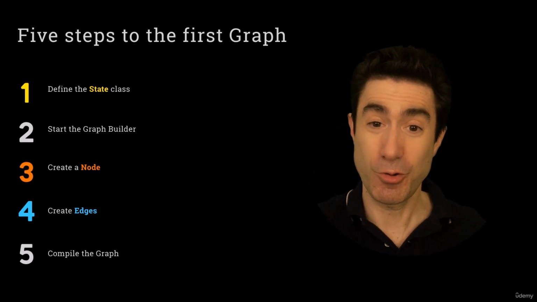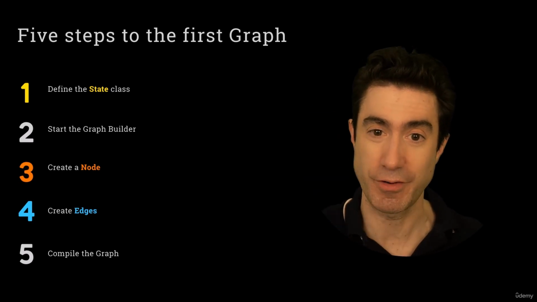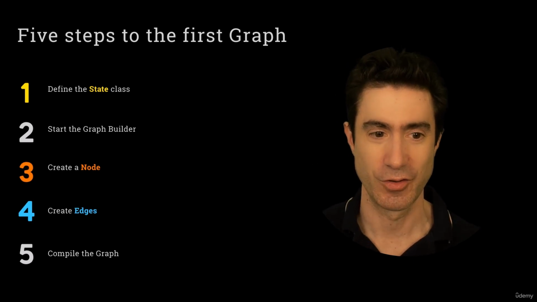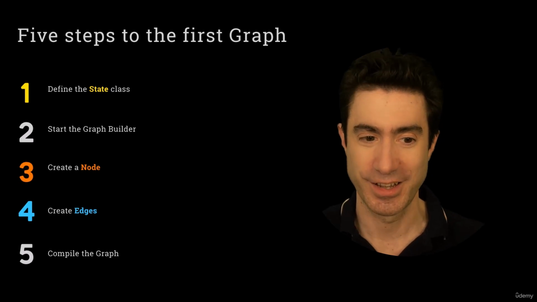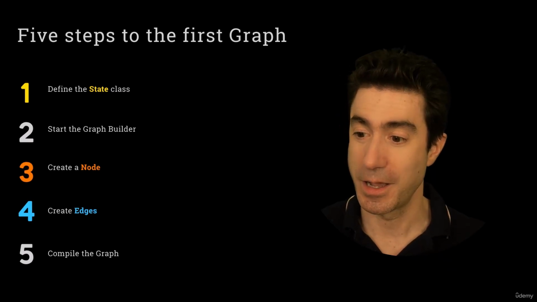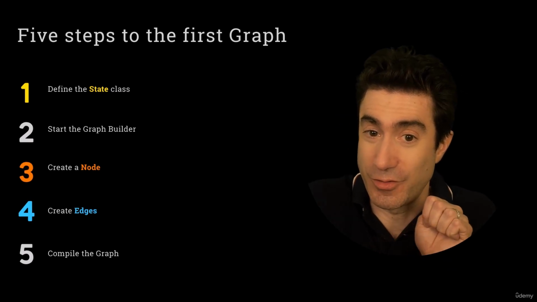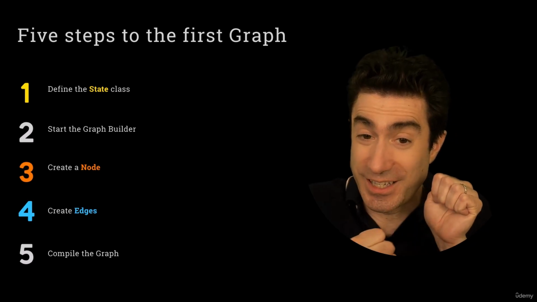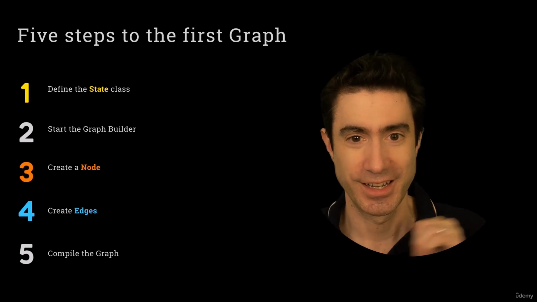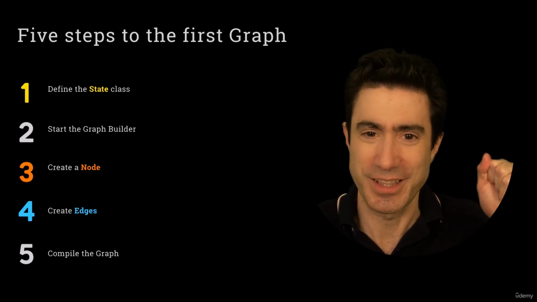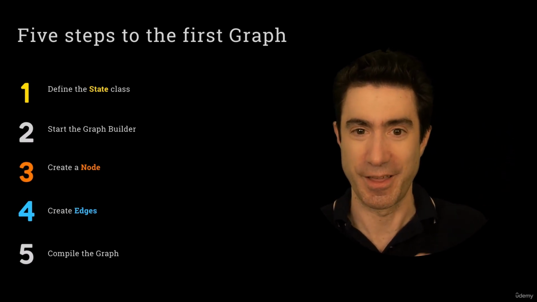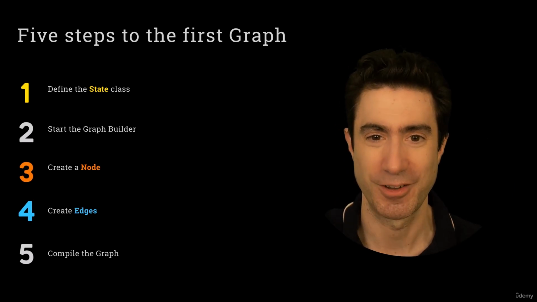It is important to get your head around this. What I've described there, this 1, 2, 3, 4, 5, is all stuff that runs when we start our system running. We define the state class, start the graph builder, create nodes and edges, and compile the graph. It's almost like part of running our system involves 2 phases. A phase when it's defining itself, laying out the whole workflow, and then a second phase when that actually runs. We're not really used to that when we code. We don't normally have a meta phase where we describe what we want to do and then run it. But that's how it works with LangGraph.